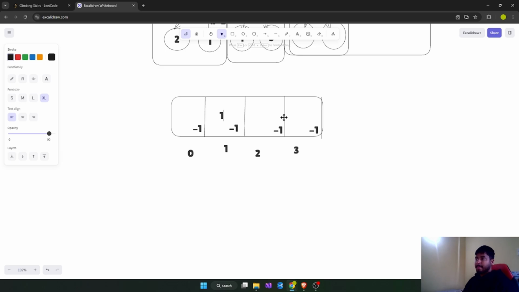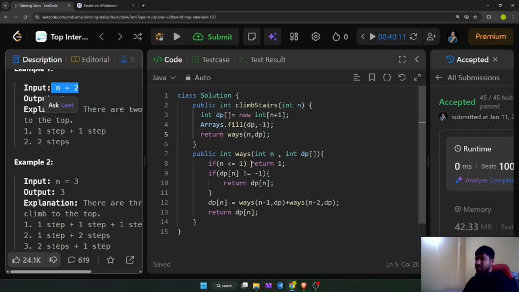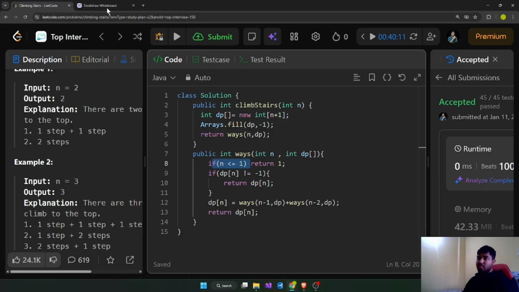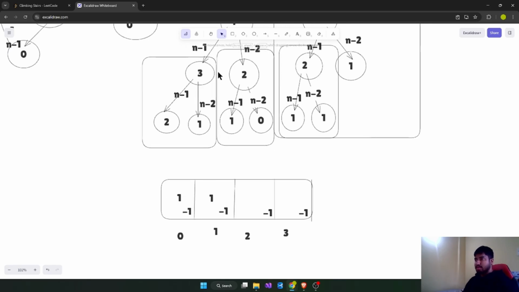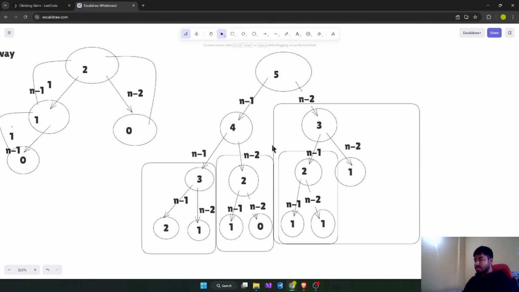And for the 2 it calls 1 and 0. 1 has already returned 1, and for the 0 it returned 1. That is my question. Let's see, in condition if the n is lesser than 1, then you have to return 1. So for 2, let's see, for 2 it returns